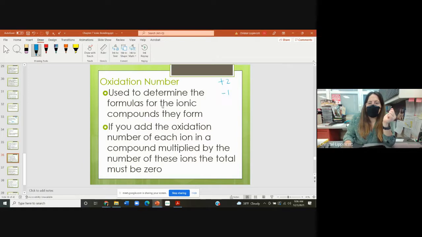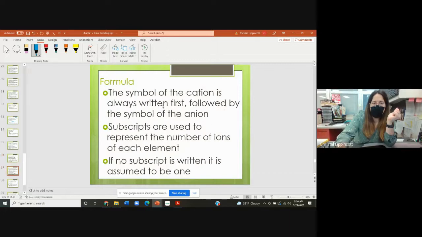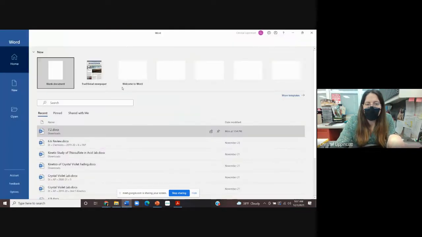All right. So again, those charges have to equal 0 by the time we're done. And the symbol, when we write it, the cation comes first. That's your metal. The anion comes last. And we use subscripts to say how many of each ion we need. If we only need 1, we don't write a subscript. Good? All right. So let's flip over to that paper,